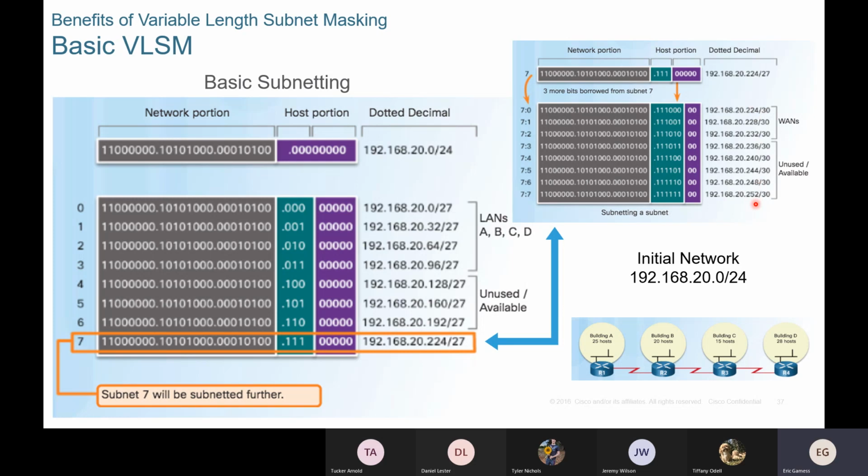And those will be the subnet. So what will happen? Initially, when we did our subnet, we borrowed 3 bits. Now, if we want in the last subnet to create 8 subnets, we need to borrow another 3 bits. So in total, we will be borrowing 6 bits. So if the original network was a /24, 24 plus 6 is 30. All these 8 subnets will be /30, which is